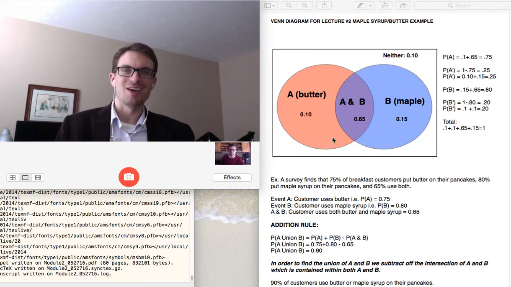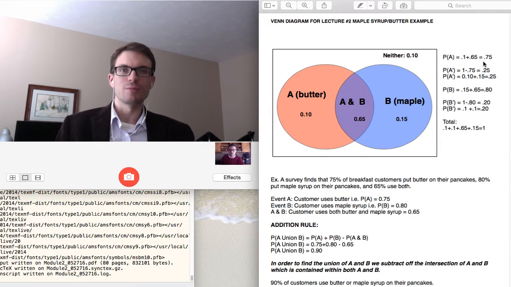We have event A, those who put butter on their pancakes, event B, those who put maple syrup on their pancakes, and then their intersection, those who put both butter and maple syrup on their pancakes. And then the probabilities I've written in here reflect the data that I've given in the example. So the probability of event A, that's 0.1 plus 0.65 for a total of 0.75. That is those who use only butter plus those who use butter and maple syrup for a total of 75%